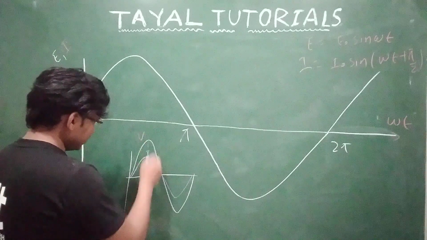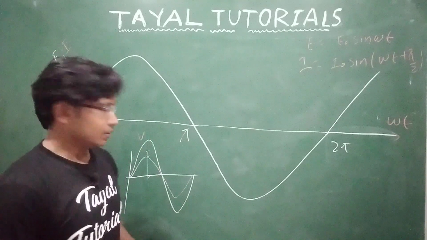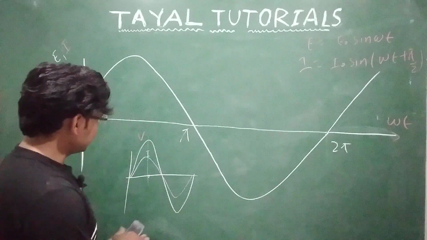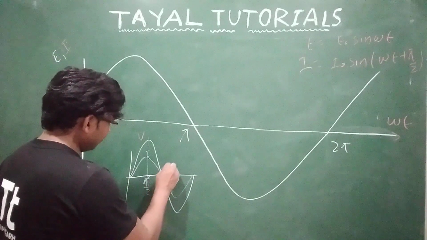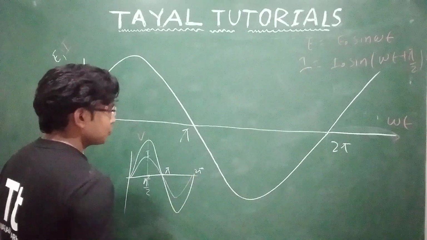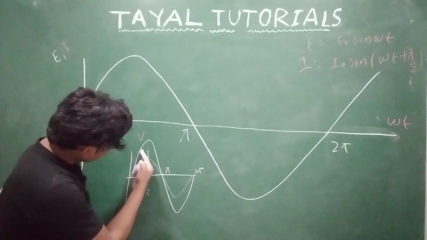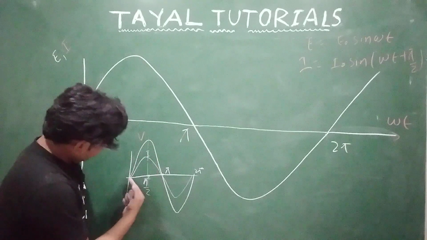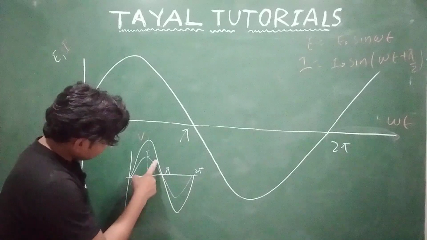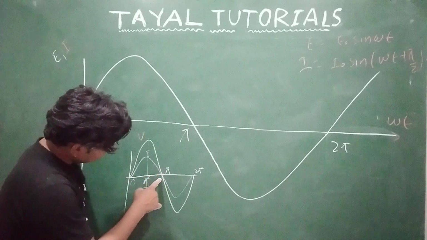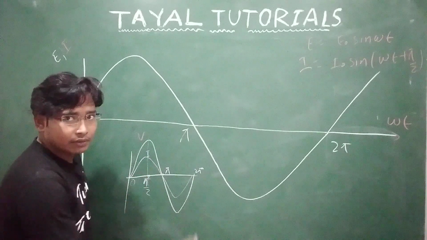How are they in phase? Meaning what? You can see the maxima of voltage and current reach at the same instant. Maxima of current and maxima of voltage is reaching at pi by 2. You can see that. And zero, you can see, at pi it is zero, here at 2 pi it is zero. So meaning what? They are rising together. This is rising together, voltage is rising together reaching at peak, current is rising together reaching at peak at pi by 2. See, this is rising together at 0. Now this is coming back to 0, this is coming back to 0. So they are in phase quantity. This behavior we see in a resistor.